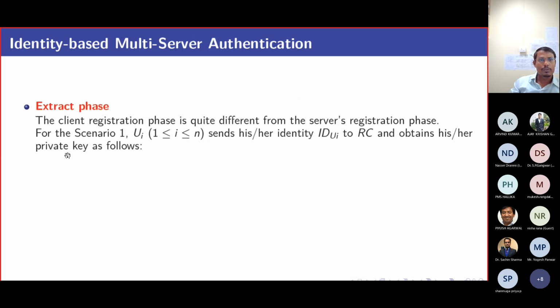Now, how will the user get it? The user can get it in two ways, because we are providing a flexible service. Sometimes as a user I want anonymous communication. Anonymous authentication means I want to authenticate myself to the server, but during communication I do not want to disclose my identity, because my identity may help a third party to trace me. So one issue is traceability. I do not want to give a clue to a third party to trace me. That is why I want anonymous communication.